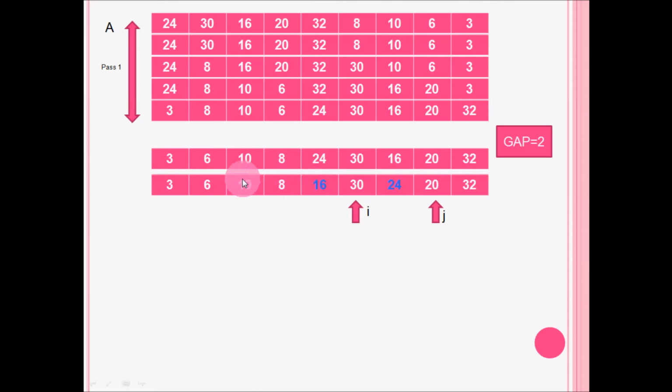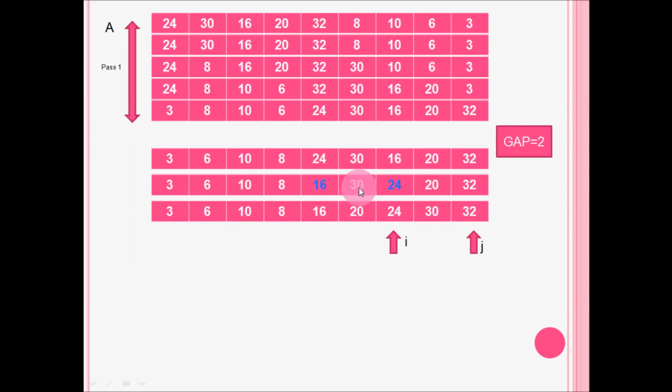If the item at i is bigger, then and only then we are doing swapping here. So for these two elements swapping is needed. Once 20 gets swapped here, 1, 2, 8 is a smaller element than 20. So no backward swapping is needed, only forward swapping is needed here. So 20 is here and 30 is here. i is incremented and j is incremented.